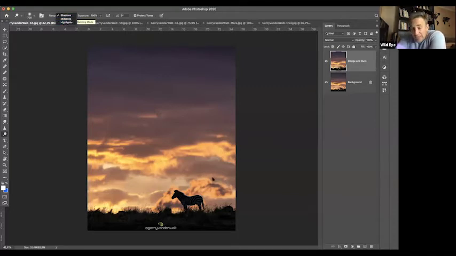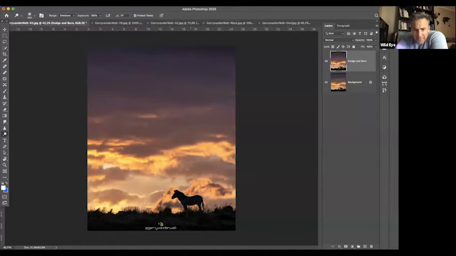So if I want to lift my zebra up and give him a little bit more brightness, he's dark. That's not midtones. So I'm going to choose shadows. Exposure is basically the volume of how much dodging you're going to do. I'm going to leave that at 100, and we're going to go from there. So my brush size, you can see my cursor, the brush size. You can either use this tool here to change the brush size, or you just use the two square brackets. So the two square brackets opens and closes your brush.